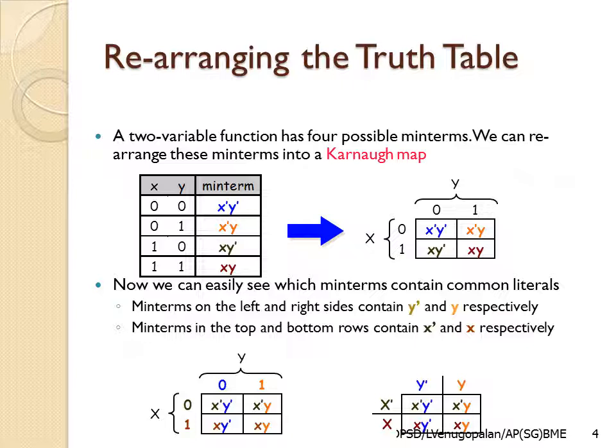Right? So we can easily see which min terms have common literals in rows and columns. If you see the first row, it has x' in common. If you see the first column, that has y' in common. Why this is important is that when you finally simplify this using De Morgan's law, you get